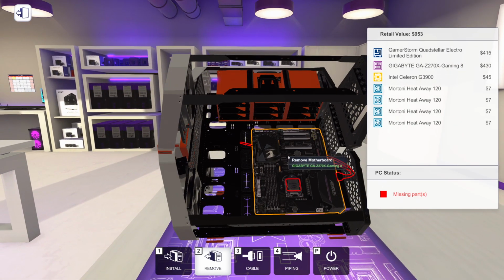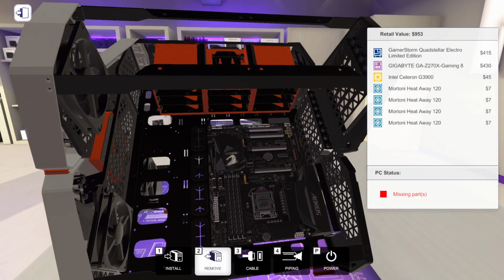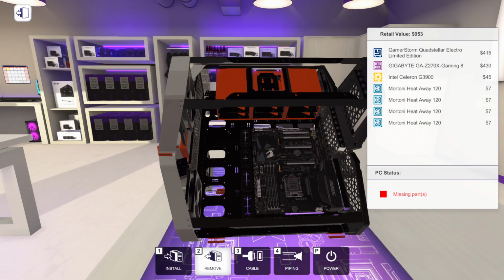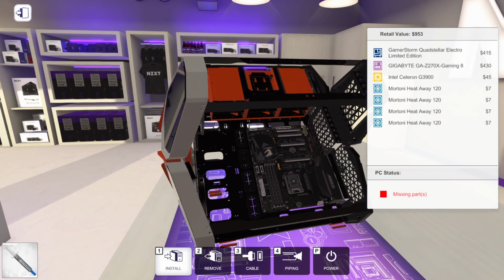So this thing's gonna look cool, right? Cool motherboard, like a pretty gaming motherboard. This is a Celeron CPU, dual core. Oh my gosh, why are we doing this? What's wrong with us? And of course, we're gonna go for custom water cooling, because what is cooler looking than